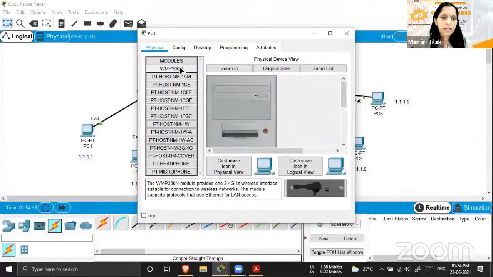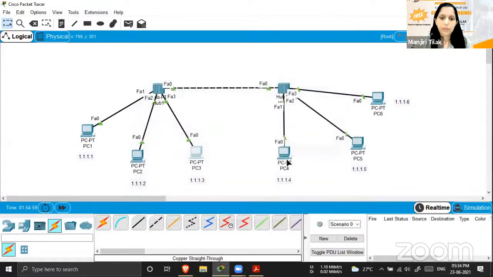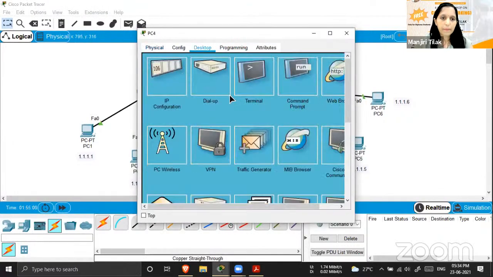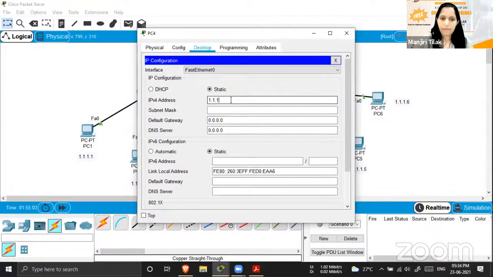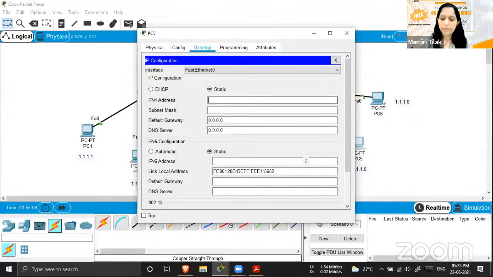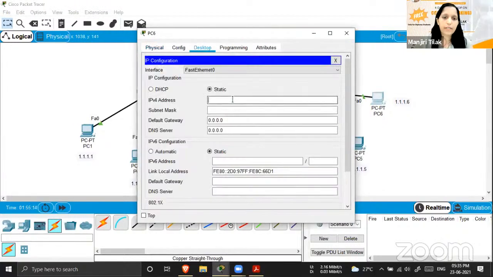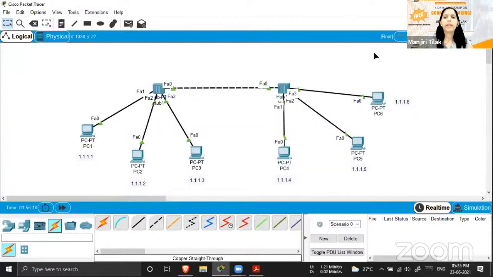Similarly on PC3, let's assign the IP address. On PC4 as well. PC5 1.5 and PC6 1.6. Right? Now see,